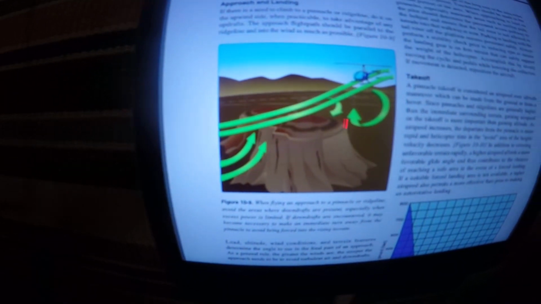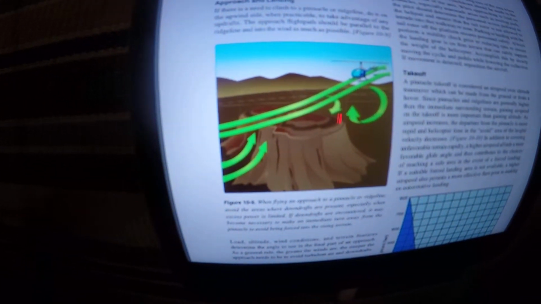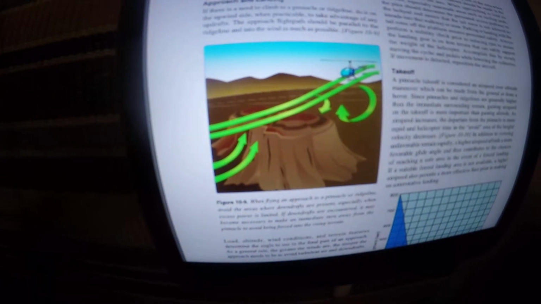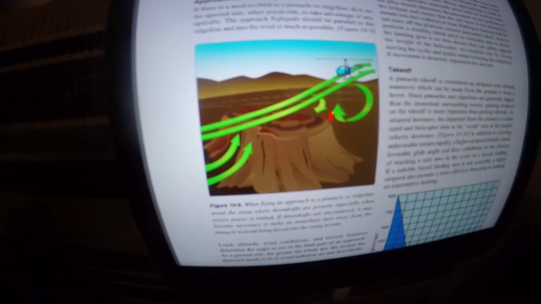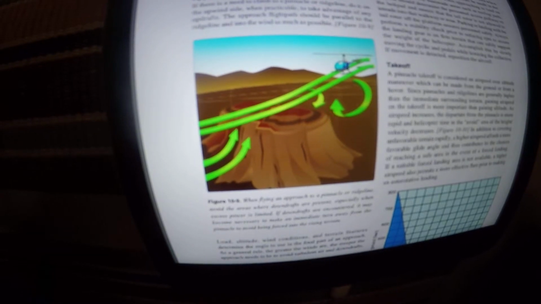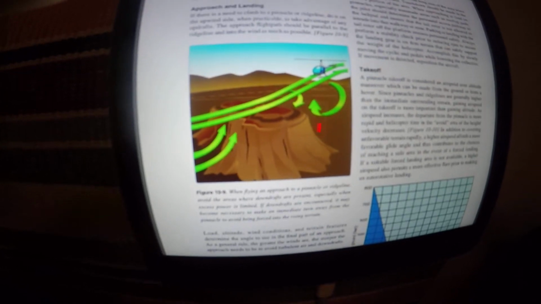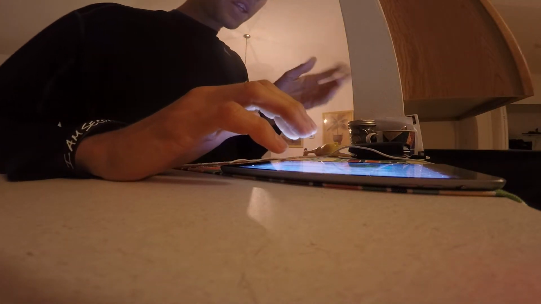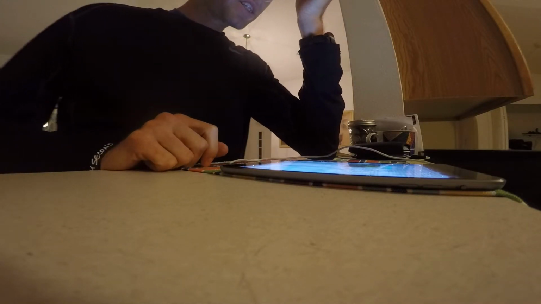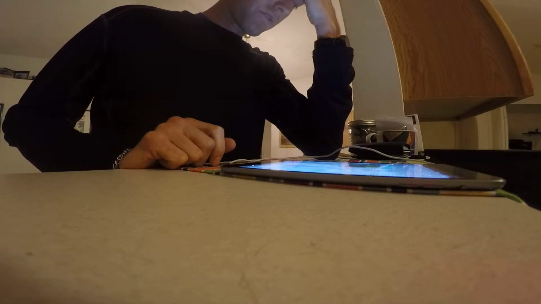When flying an approach to a pinnacle or a ridgeline, avoid the areas where downdrafts are present, especially when excess power is limited. If downdrafts are encountered, it may become necessary to make an immediate turn away from the pinnacle to avoid being forced into the rising terrain. Load, altitude, wind conditions, and terrain features determine the angle to use in the final part of an approach. As a general rule, the greater the winds are, the steeper the approach needs to be to avoid turbulent air